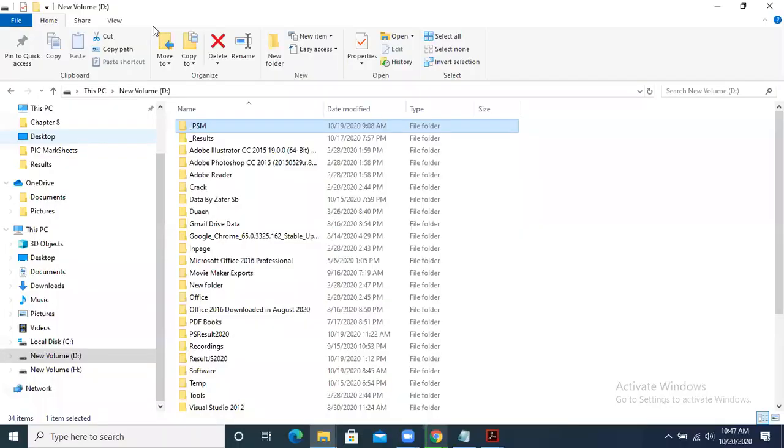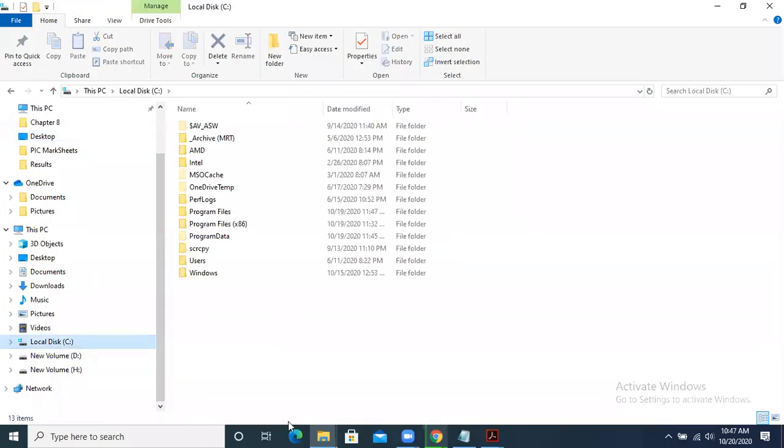Just like I had shown you, after extraction, what did I do? In my C drive, I copied that folder into my program files.